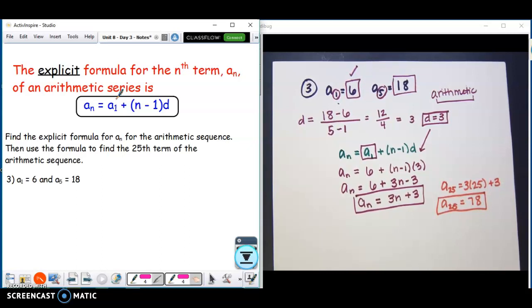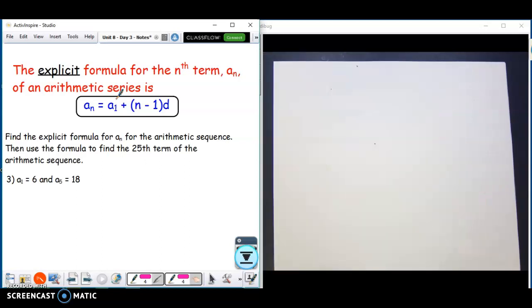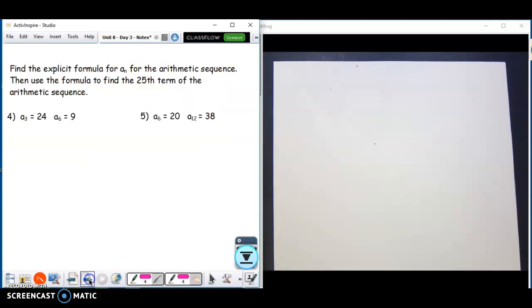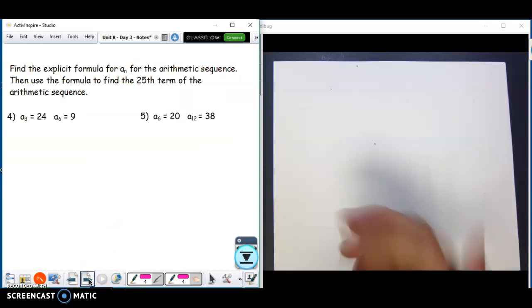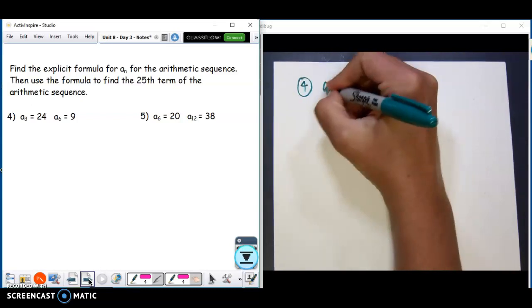Alright, so keep in mind, these problems they're going to give you, instead of just writing out the sequence, they're going to give you certain term numbers in the sequence, and we have to work backwards to make our explicit formula. So, taking a look at number 4, we still want to write an explicit formula for this arithmetic sequence, so we know it's arithmetic. Let's go ahead and do this. So we know it's arithmetic,